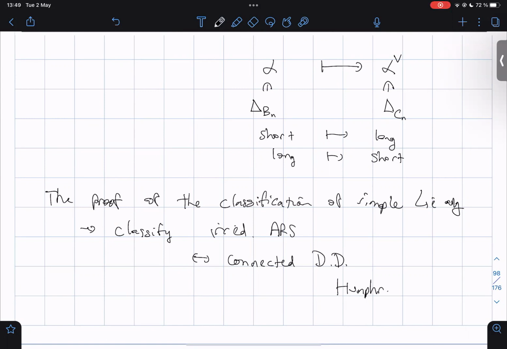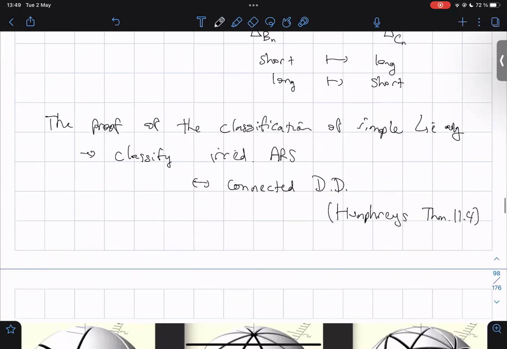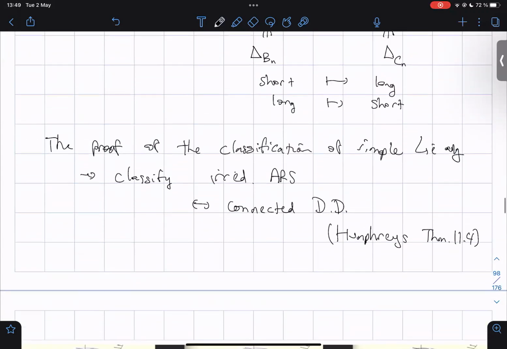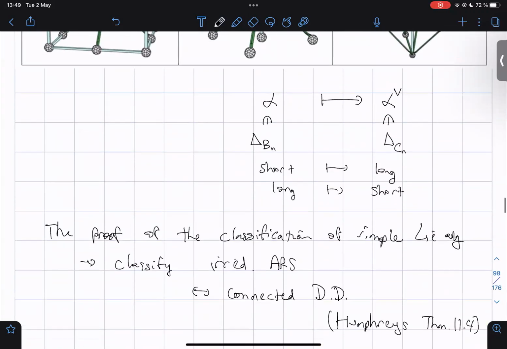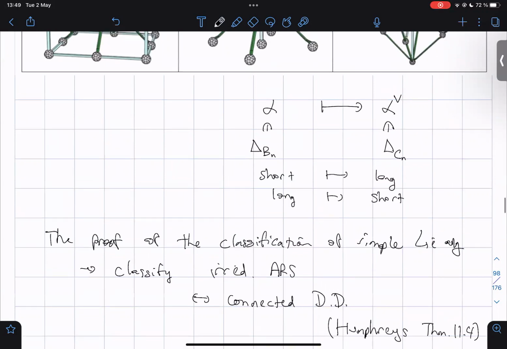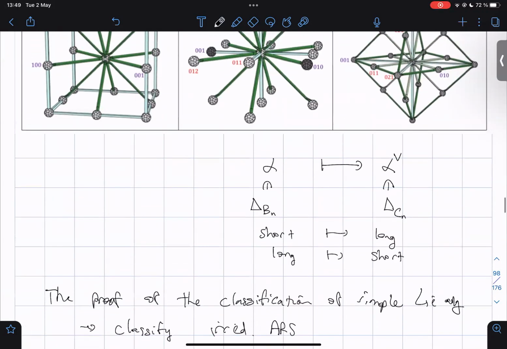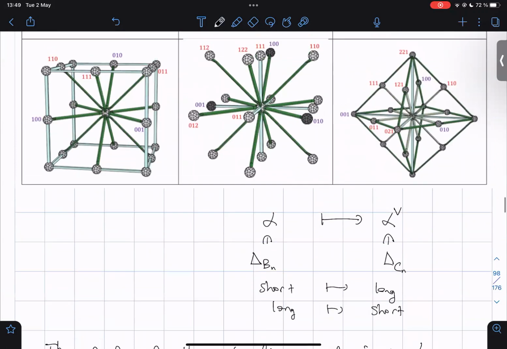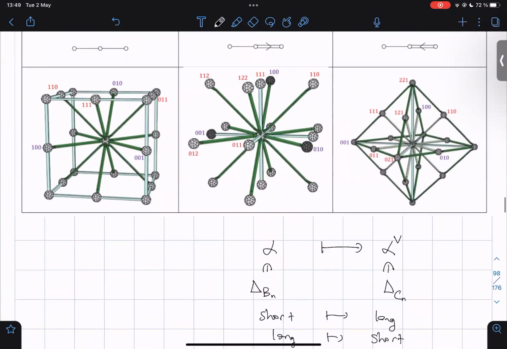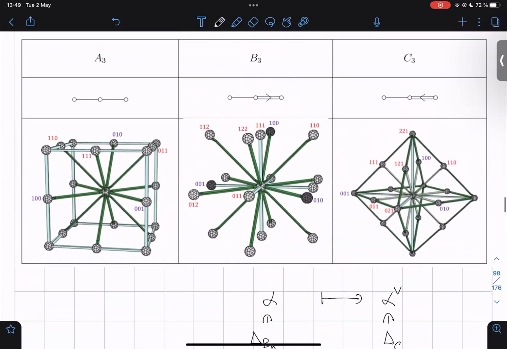Humphreys book, theorem 11.4 there. Okay, so if you're interested in the details there, do have a look at that. Okay, but you get some really nice, beautiful, symmetric geometry coming out of these Weyl groups and these root system